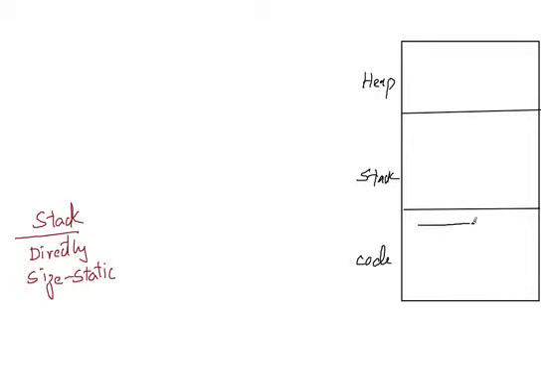Now the program running here can directly access the memory only present inside the stack. It cannot access the memory from heap. It cannot access this memory directly from heap. Then how is it going to access memory from the heap? So first of all, let us understand why the heap memory is required.